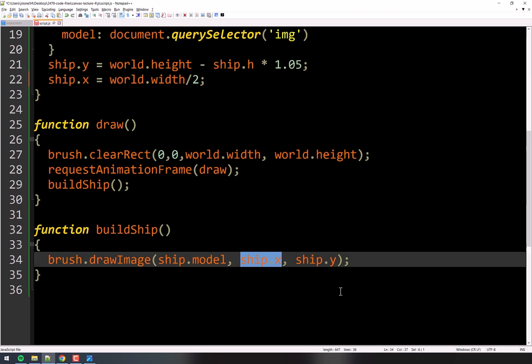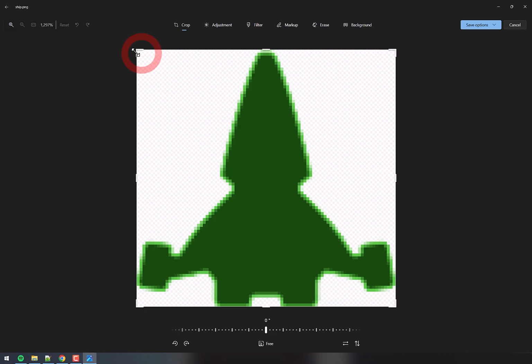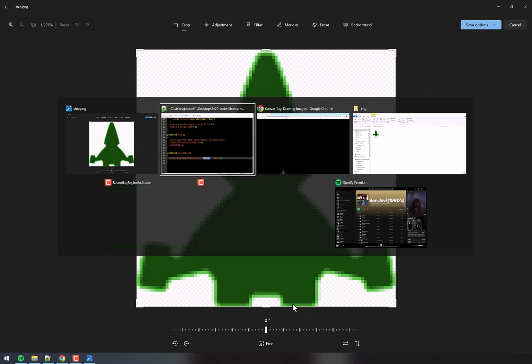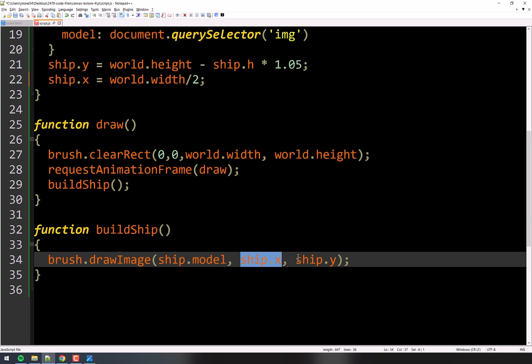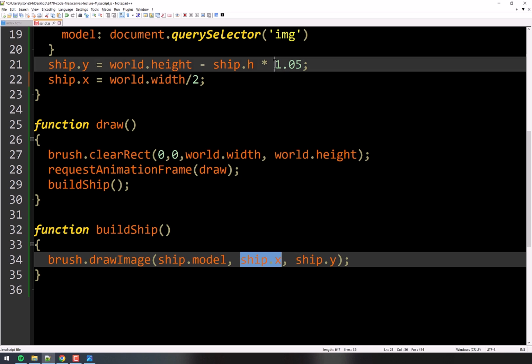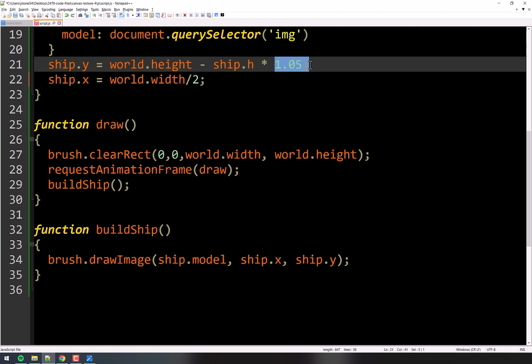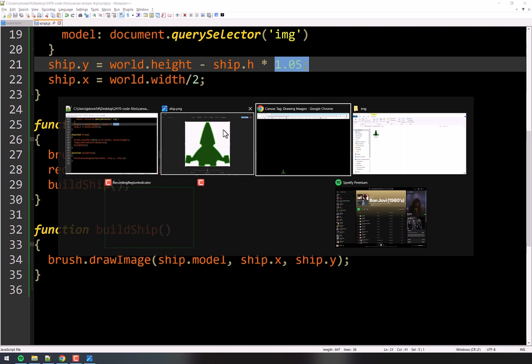So the x position of the ship, that top left corner right there, will start at 1000 over on the x-axis on canvas, and it will start at the height of the page minus whatever that calculates to, about 100 and something, right? So now this isn't quite what we want, but it's really close.